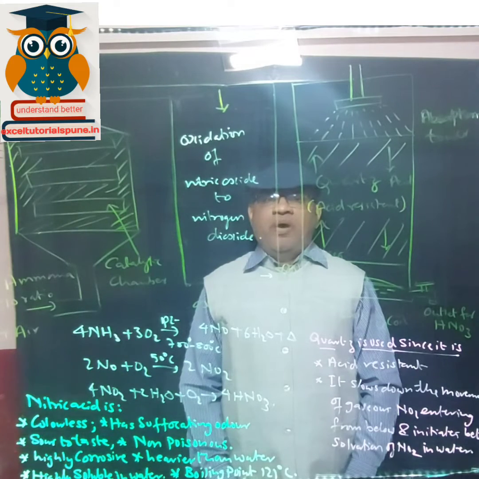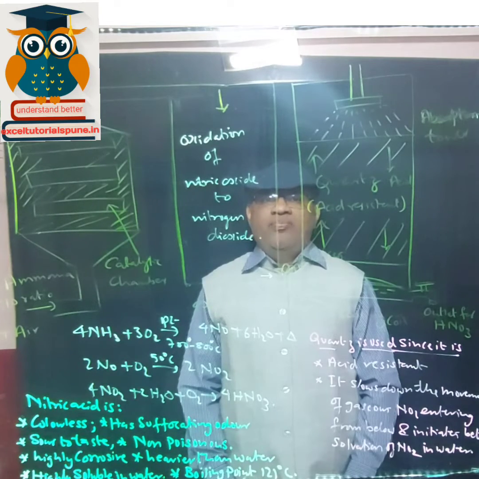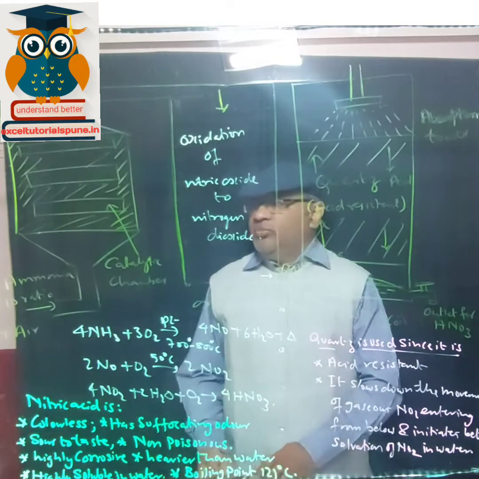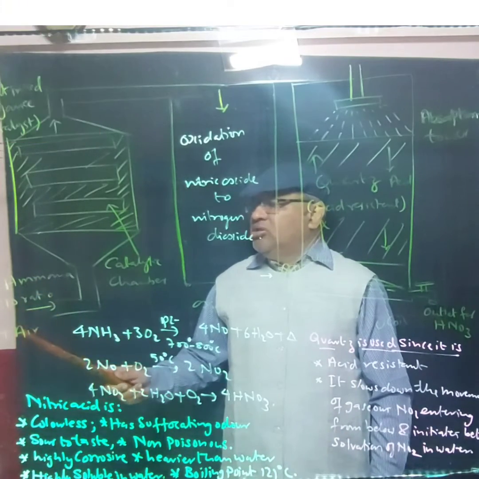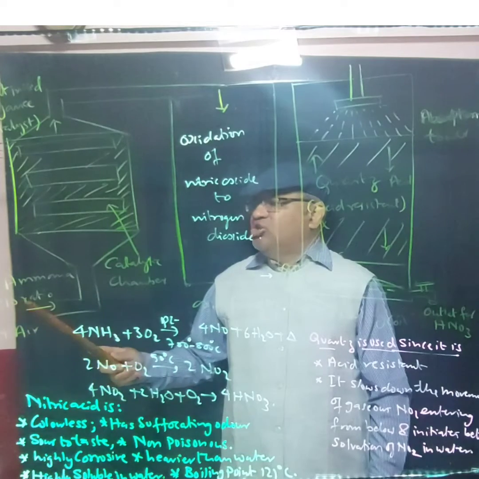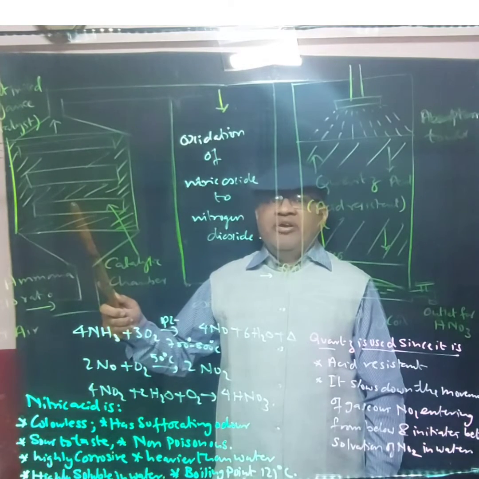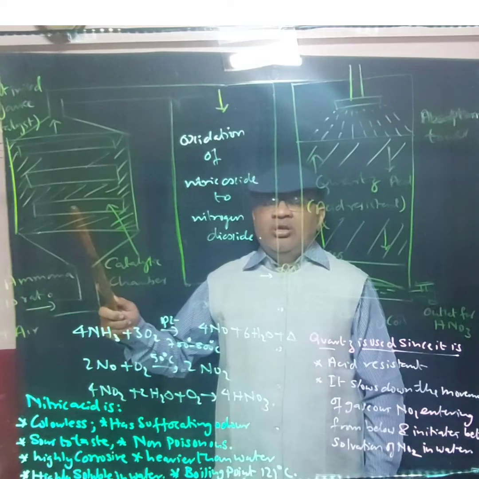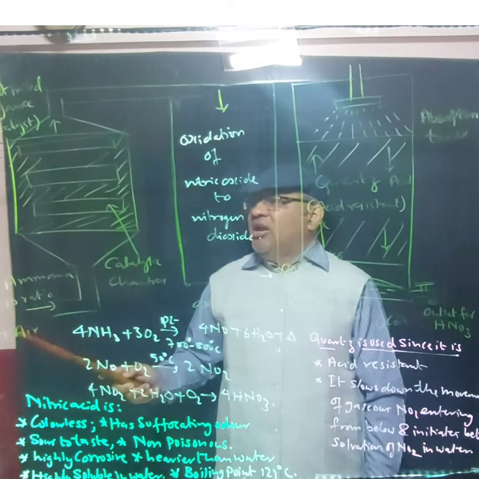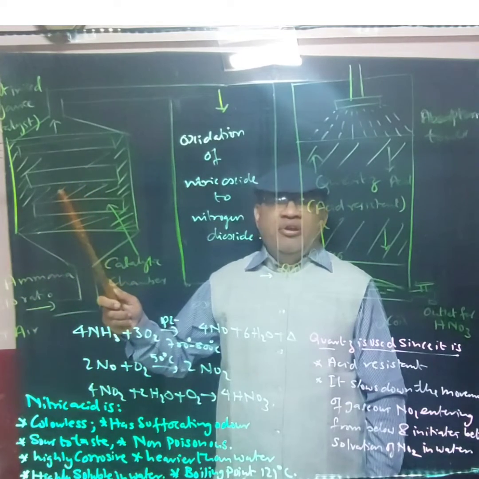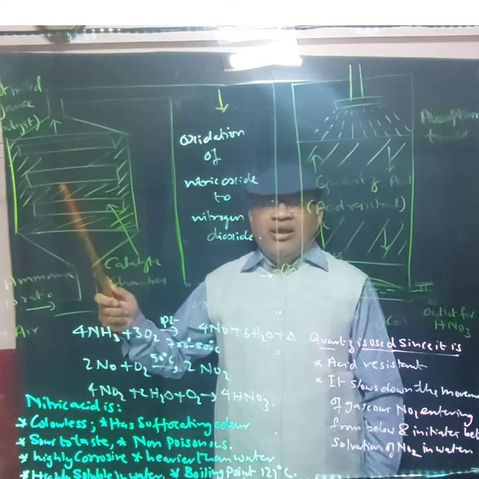So in that we pass ammonia and air, that is oxygen. Now oxygen is taken in large ratio. The ratio of ammonia to air or oxygen is 1:10. So ammonia is taken along with the air in the ratio 1:10 in this catalytic chamber. Now we have already studied about this in the ammonia lesson, catalytic oxidation of ammonia. So what happens when ammonia and air are taken and heated to 700 to 800 degrees Celsius, and the catalyst used is